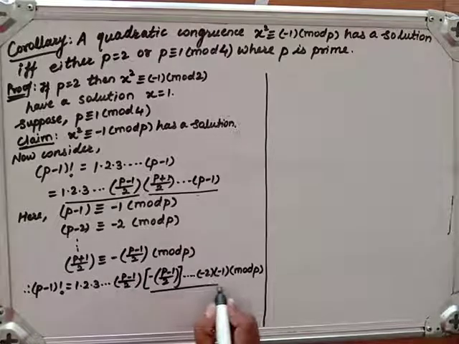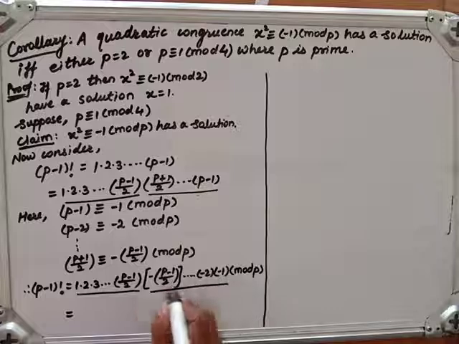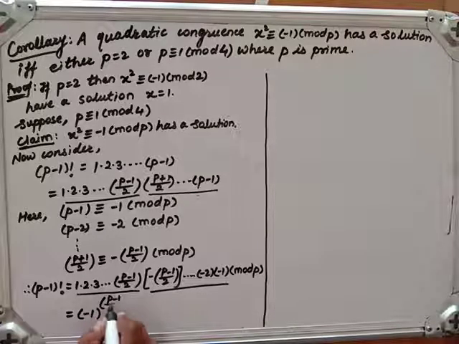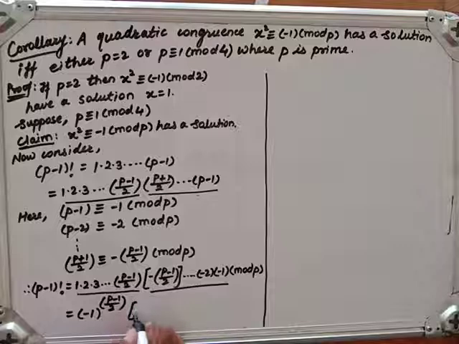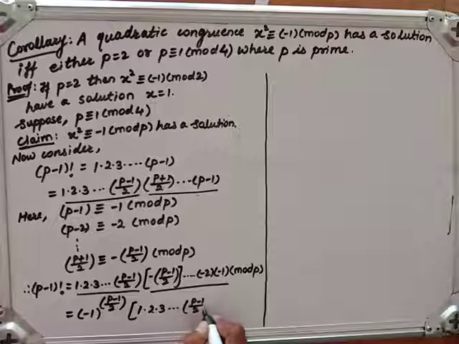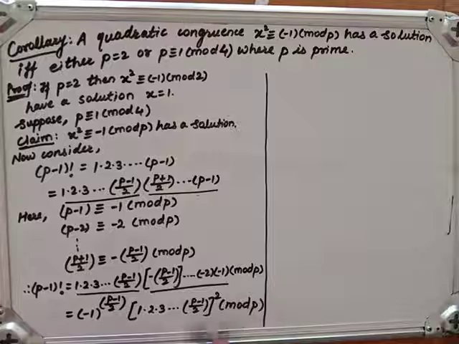Now these all are negative, these are positive, but the same parts. So let me write here, take minus 1 common. But how many times will it come? It will come (p minus 1) by 2 times. So this can be written as minus 1 raised to (p minus 1) by 2 into the square of this part. Each one will be the same but repeated twice. So the product is 1 into 2 into 3, and so on up to this (p minus 1) by 2, its square modulo p. So (p minus 1) factorial we have written as such.